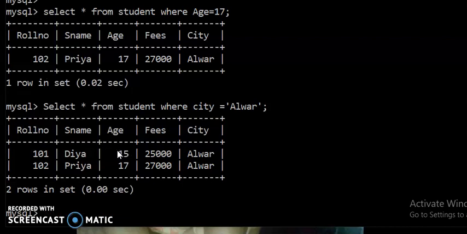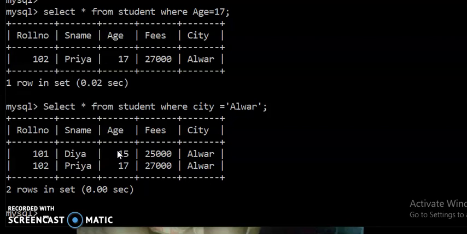Here we can access the records of those students who belong to Alwar city. We can see that roll numbers 101 and 102, both students belong to Alwar city. So we can use the select command to access the records according to the given criteria.